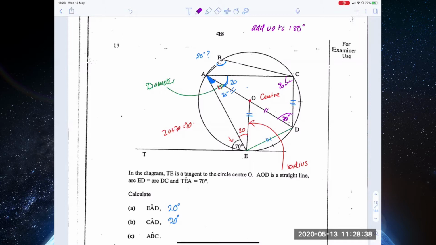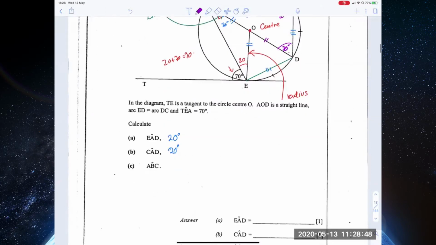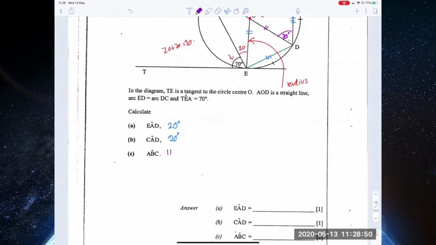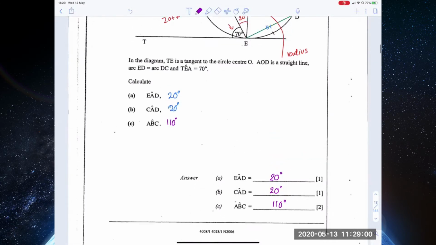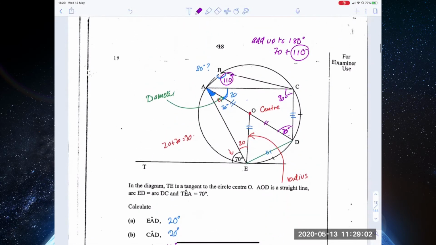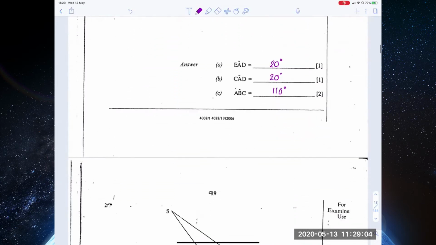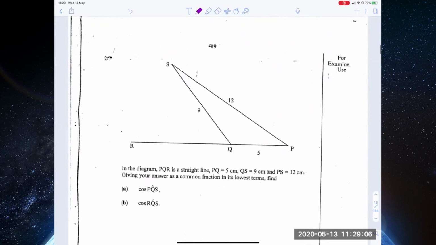So if this one is 70, what's the other angle? 110. 110. So this angle is 110 degrees. So that's the answer to ABC. Yeah, so we have 20 degrees, 20 degrees, and 110 degrees. Yeah? So that is done. Let's look at this next one,